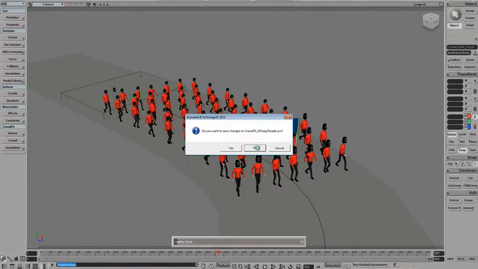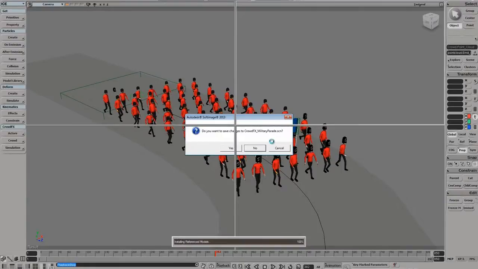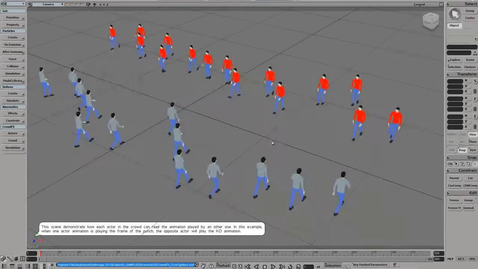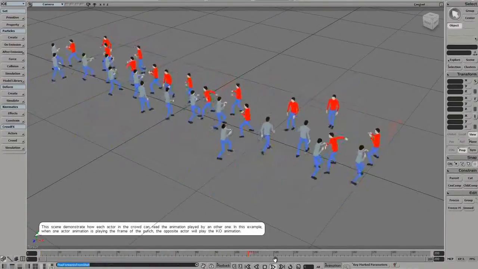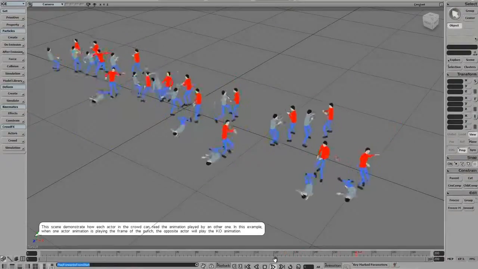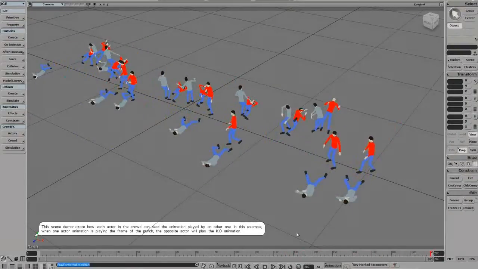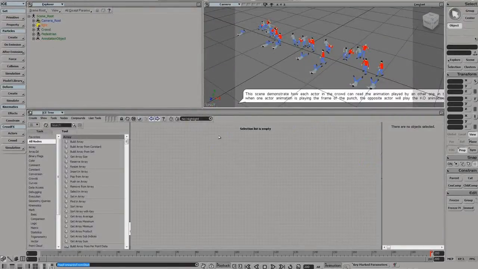Again, these are all just in the samples directory. And here we have a little battle royale. If we press the simulate key, we can see we've got these two groups of characters. They walk towards one another, and then just start battling it out. Again, just some different animation. And if we go into our ICE graph again,